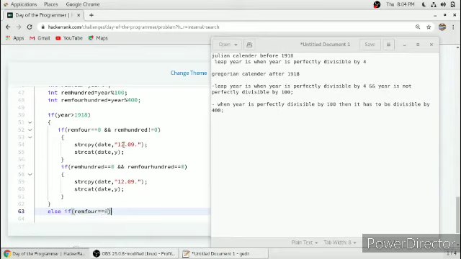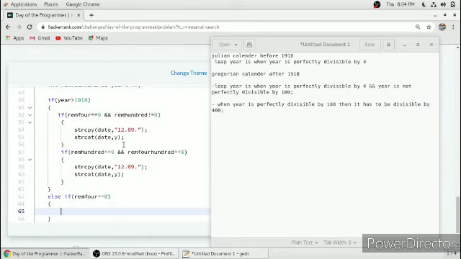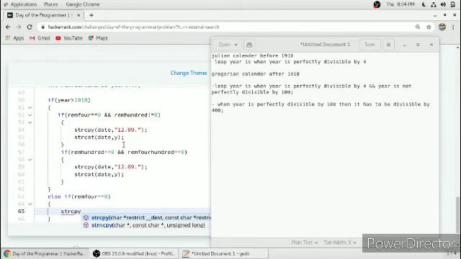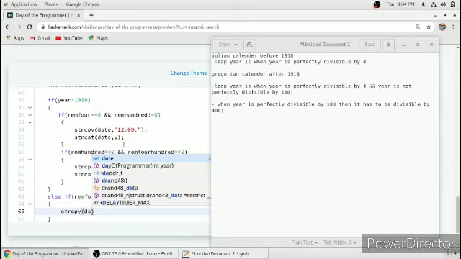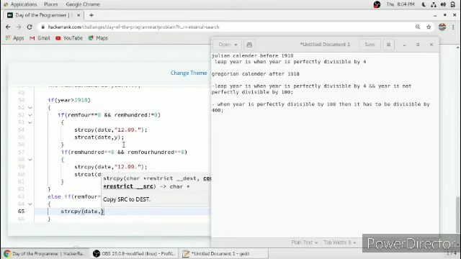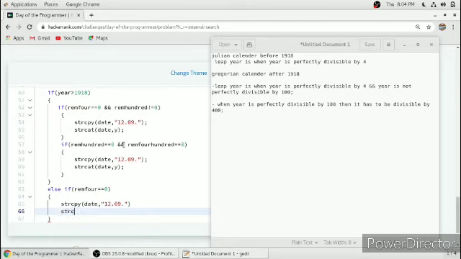When remainder of 4 is equal to 0, we use strcpy, string copy, into date, comma, 12 of 9, and we give a dot so that we don't have to use another strcat function.